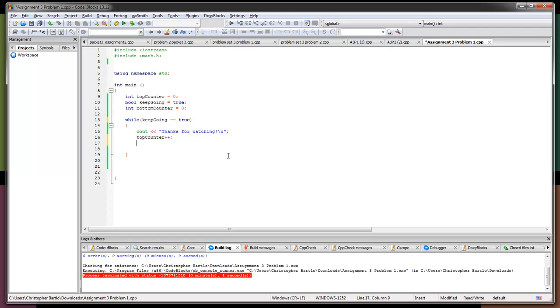So now what I could do is I could say, well, if top counter, I don't know, mod 42 equals 0, then we'll stop. Okay, so then what we'll do is we'll set keep going equals, single equal sign, false. Okay, another cool way to do this is to write keep going